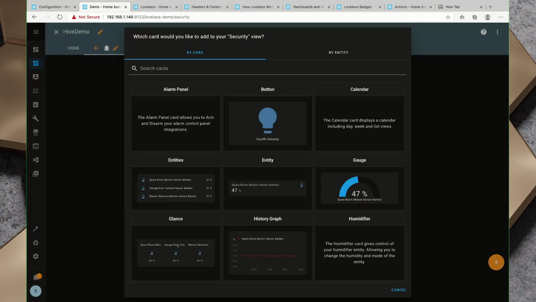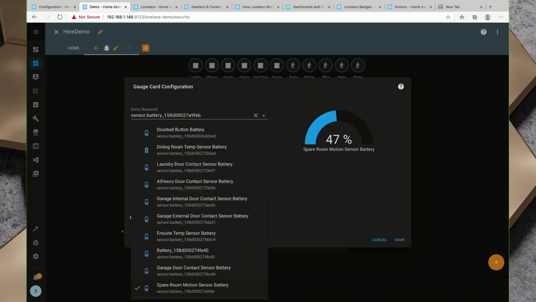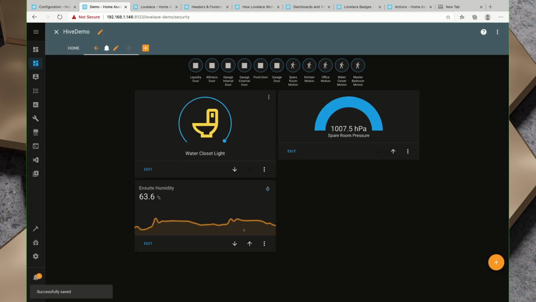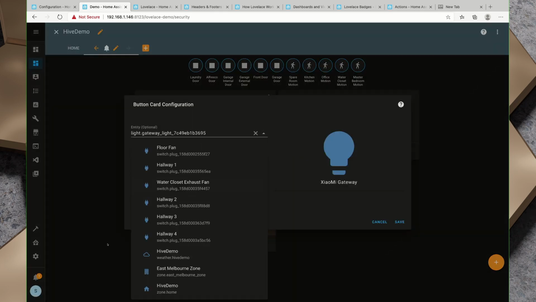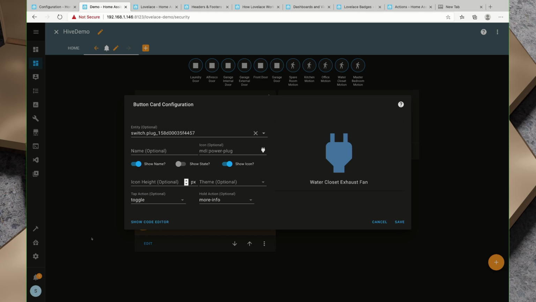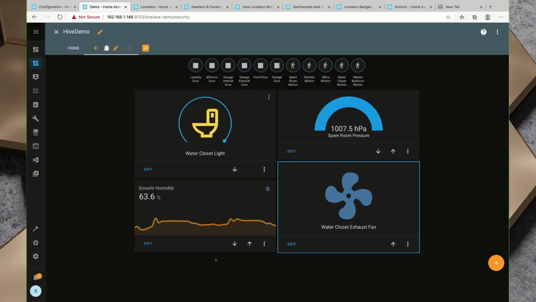Now what does happen if we begin adding additional cards and things in here, so pressure, we'll go save. So now that we've added a third one, this card would have run off the end of the screen, and so it's now divided it into 2 columns. We can add another card, we'll grab a button. Let's go with one of the fans, and we'll choose an icon, MDI fan, and save. Okay, and so now we've added that, so we've got 2, we've got this fan here,